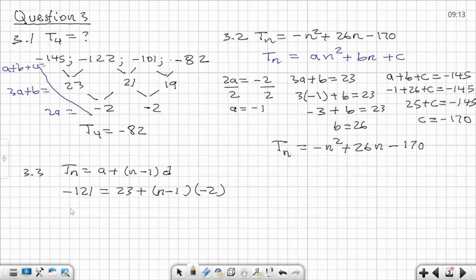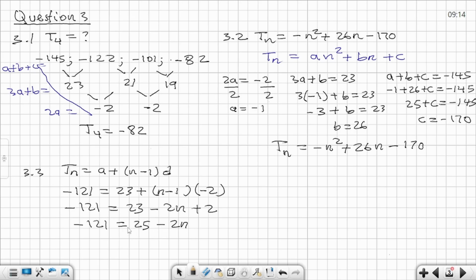Okay, so -121 is equal to 23, -2 times n, you have plus there, it will be -2n. -2 times -1, you have plus there, it will be plus 2. So this is -121 is equal to 23 plus 2 is 25,